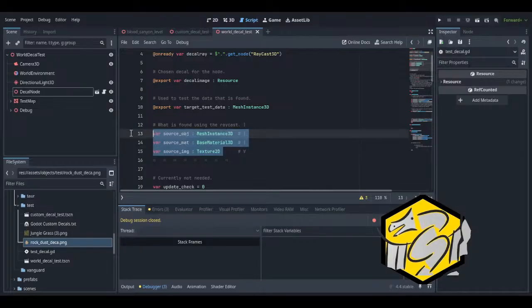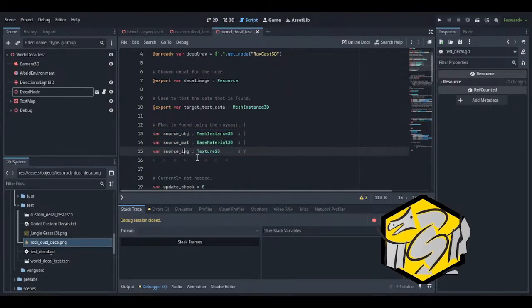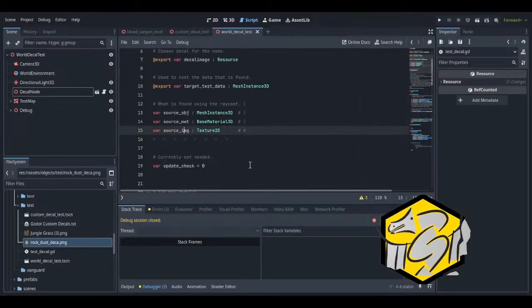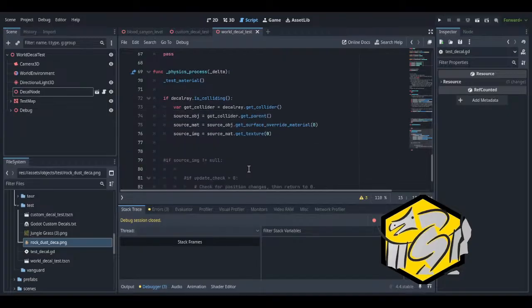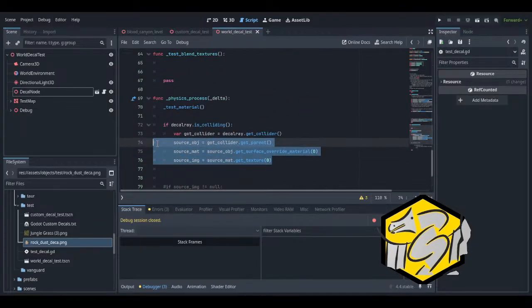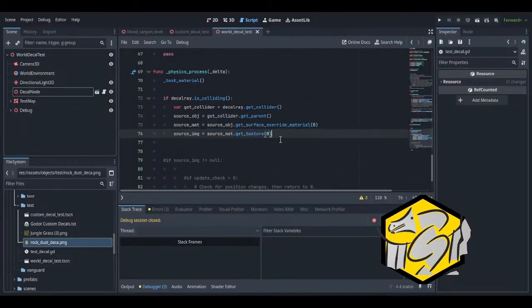The map is right here. It's the declared variables: source obj, source material, source image. Which I already have. It's down here. I already got it. Get texture right there.